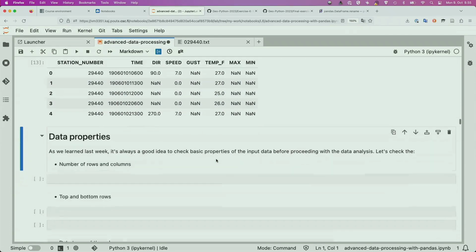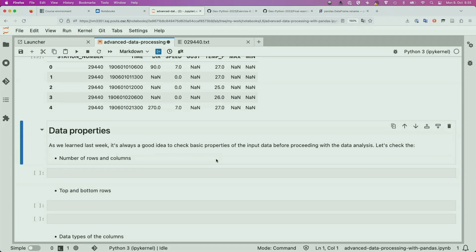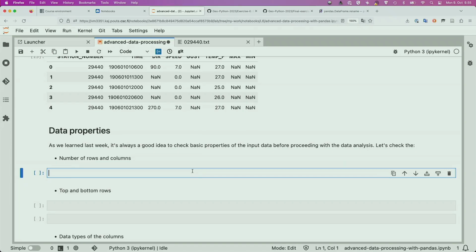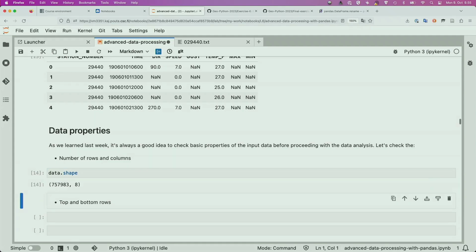All right, let's have a look at our data frame because we loaded this thing in. We saw that everything looked okay in terms of the columns we have, but let's take a look at some of the basic information we have about this data frame. We can first do data.shape, which will give us the number of rows and columns. So you can see, for instance, there are